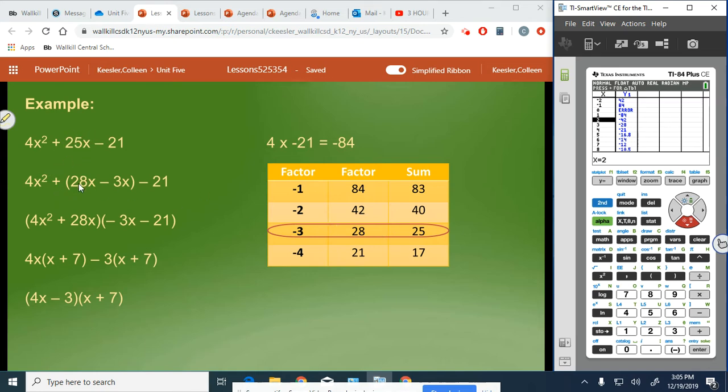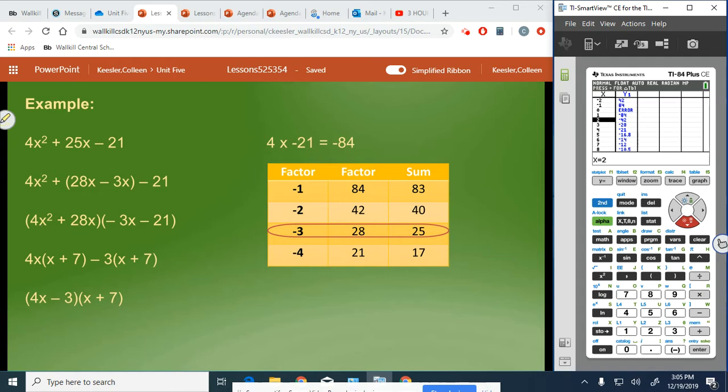So we take those two numbers and we put x with them. So 28x minus 3x equals 25x. So I'm substituting the two numbers for the one. Then I'm going to group the first two terms and the second two terms. 4x squared plus 28x have a common monomial factor of 4x, because I can factor 4x out of 4x